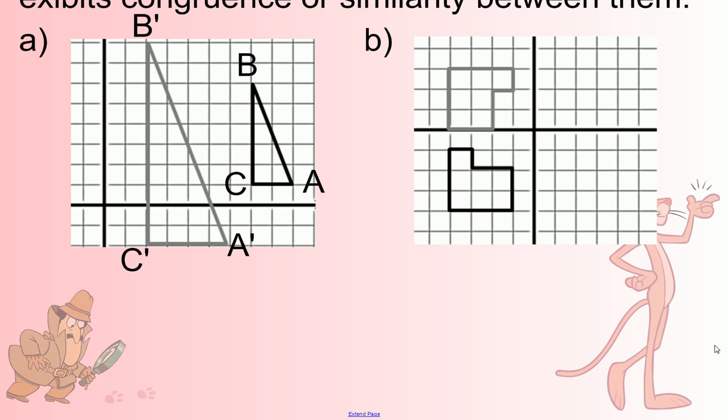So, looking at example A, in my head, the first thing I thought of is actually what I said. I would take this image and dilate it. Now let's see. This side has a length of 2. This side has a length of 1, 2, 3, 4. So it's twice as big. So if I dilate with a scale factor R equals 2, about point C,